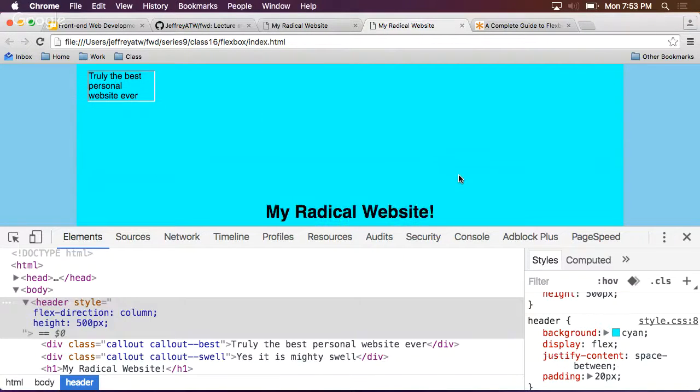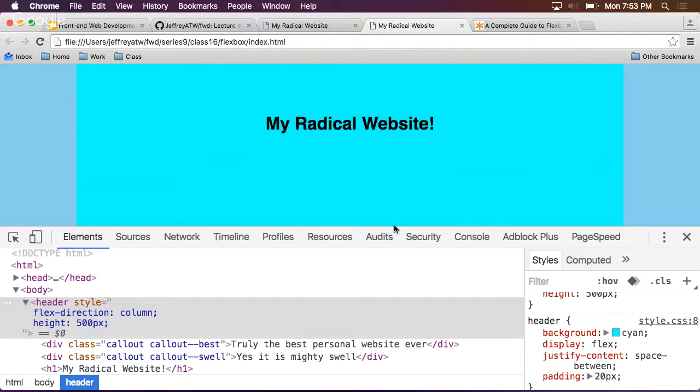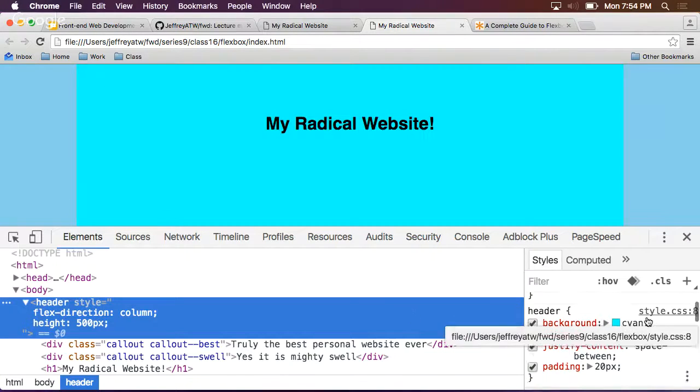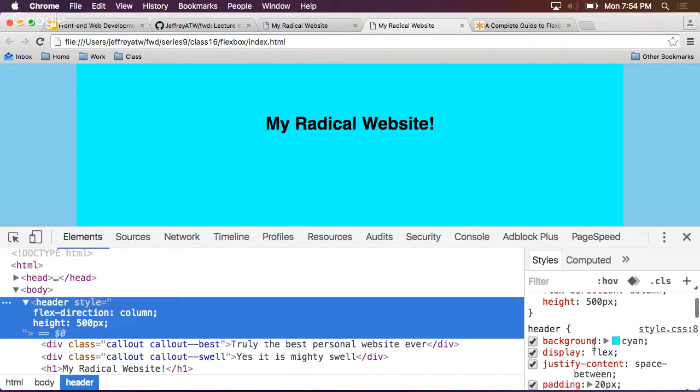Once you use justify-content, you can get my radical website to appear right there in the vertical center. And vertical centering is something that's very hard to do without the use of Flexbox. It's possible but hard. With Flexbox, it's really easy. You simply say that this thing has a flex direction of column, that it has justify-content space-between, and the middlemost element, or the only element if you want, will be right there in the center. So that's pretty cool. If it's one item, you might need to do space-around instead of space-between. Either way,